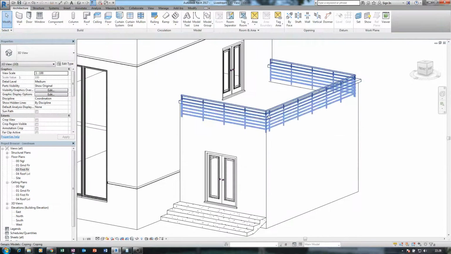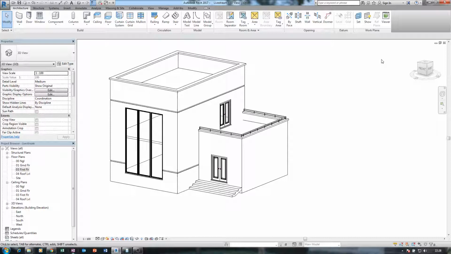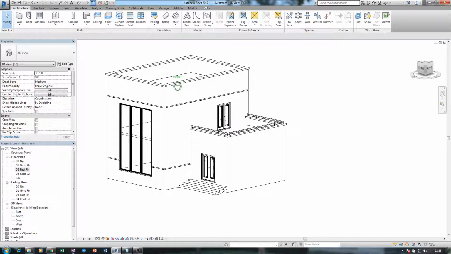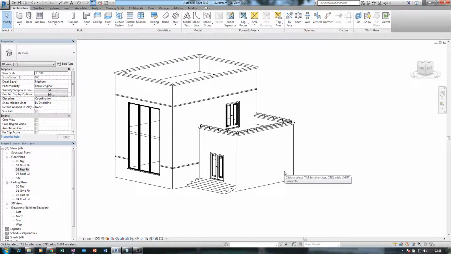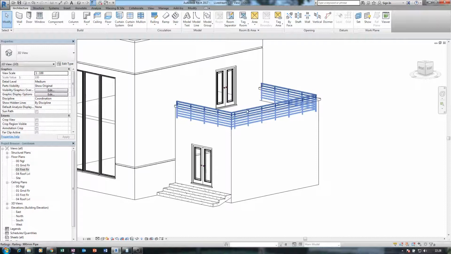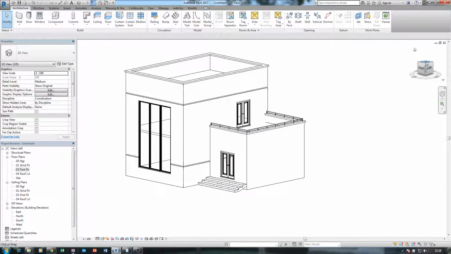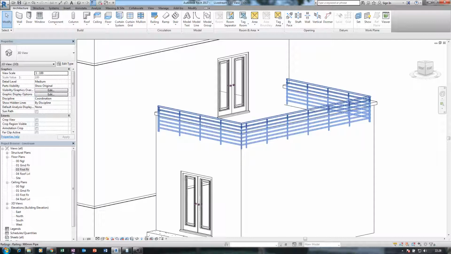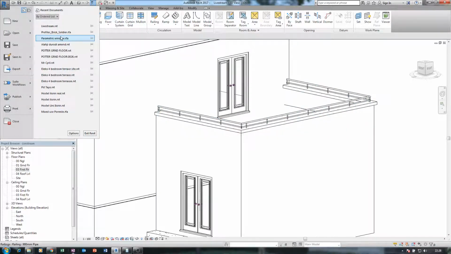So I have this. Don't mind this. Normally if it were to be a normal design, there should be a window or something, but you understand all those things. So I don't like this railing. Let me try and pull up a design. Let me see.